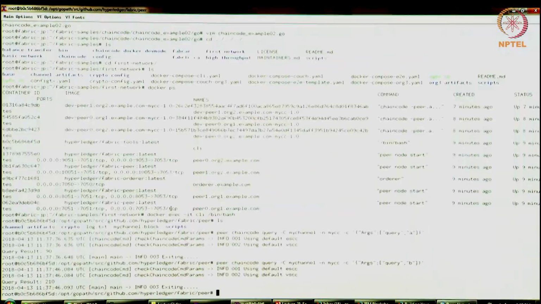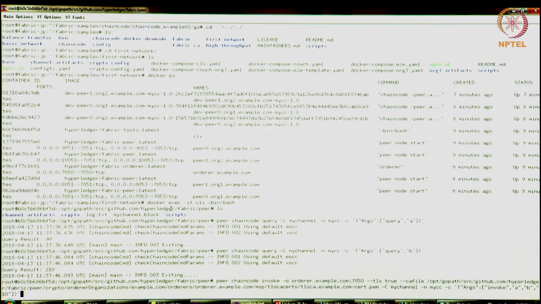And again, I have a cheat sheet with the full command so that I don't have to type that all out right now. Let's go over the structure of this invoke command. So it says peer chaincode invoke -o orderer. So you need to know who the orderer is. --tls, saying I'm going to use a TLS certificate, so all my network communication is going to be encrypted. TLS is true. What's the CA file? The CA is here. It has the full path to this TLS cert, the TLS cert for the CA.